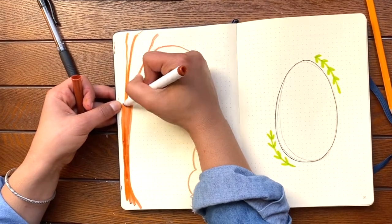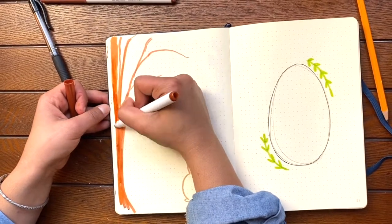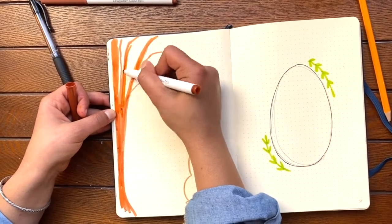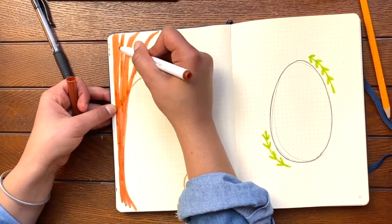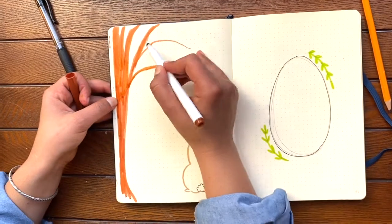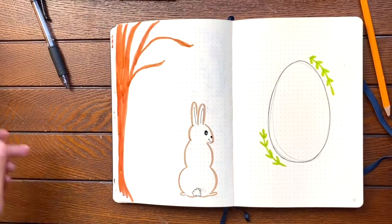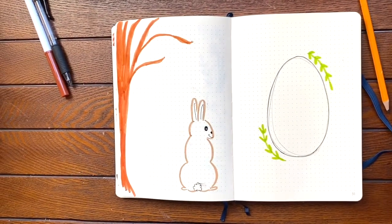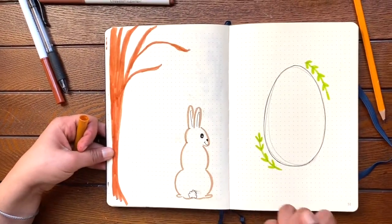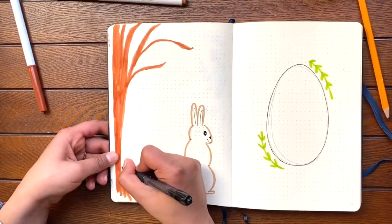And we're going to be adding some flowers to this tree. It's going to be a common element of these tree branches with flowers that you'll be seeing across all of the April weekly spreads. So now that I've drawn the branches and made it look like a decent enough tree, which don't worry, the branches don't really matter because we're going to be adding flowers all around them, so it doesn't really matter at all. And I'm going to be drawing some more eggs at the foot of the tree,